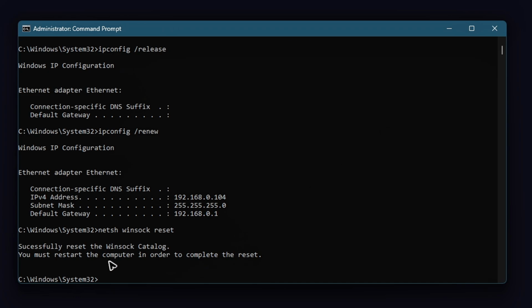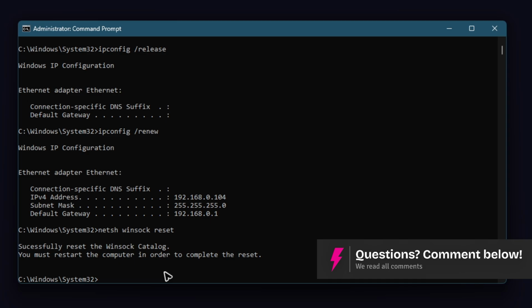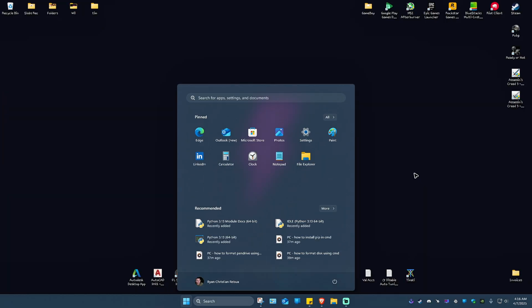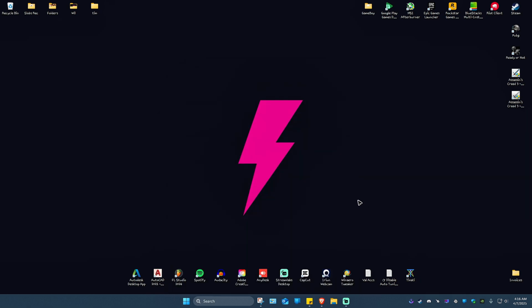It says here, successfully reset the Winsock catalog. You must restart the computer in order to complete the reset. Just type in exit. Now go ahead and restart the computer. Once done, you're good to go. That's basically how you flush